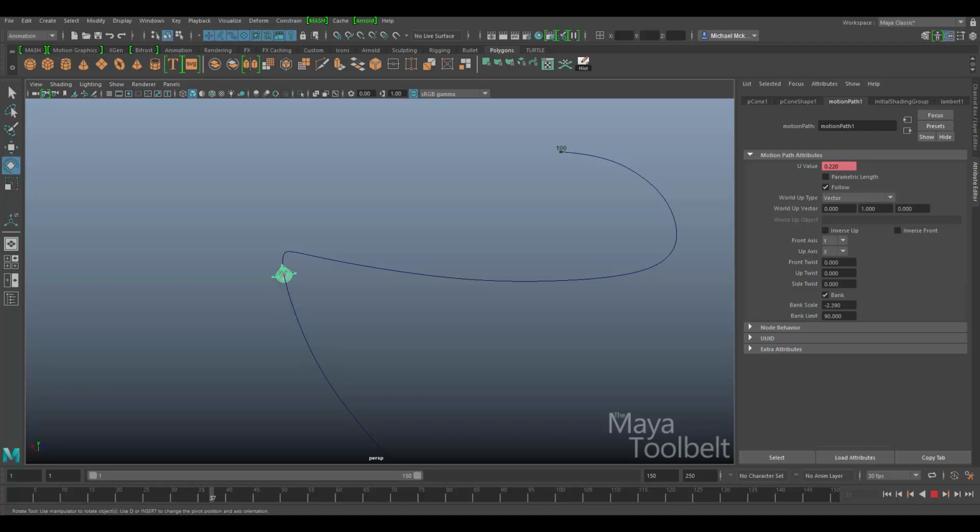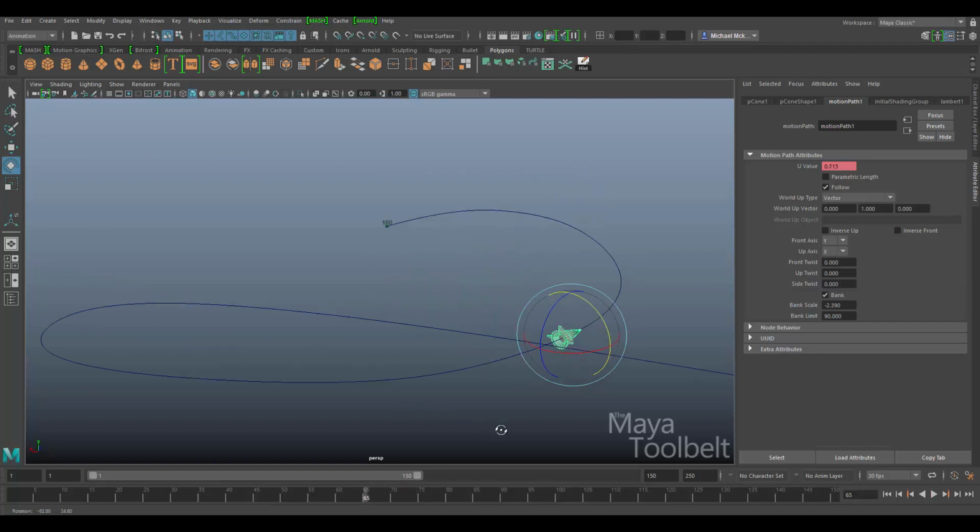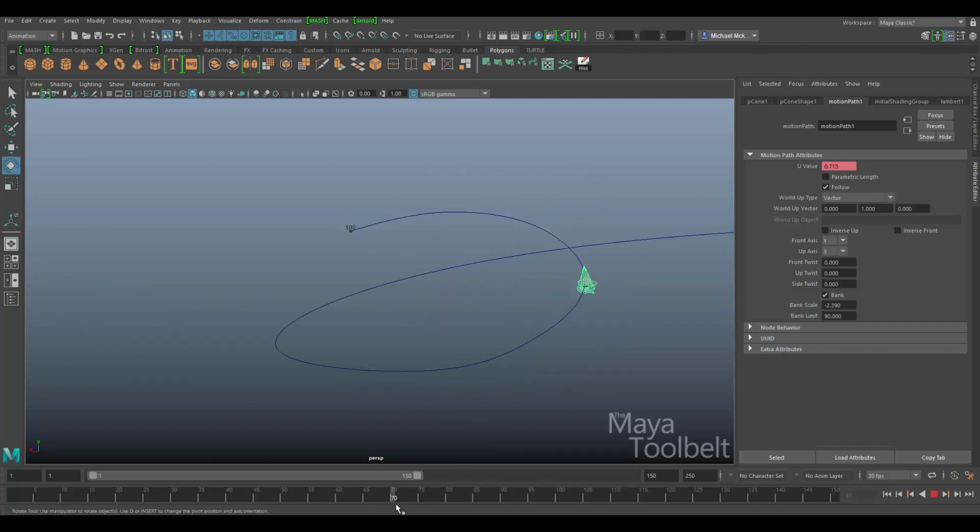But as it goes around this curve, it banks to the left like this and then straightens up. And you can see as it goes around this curve, how it banks to the right and straightens up a bit. It might be a bit of extreme bank scale. We might want to make it a little bit more subtle,